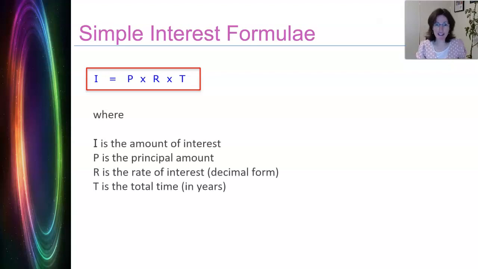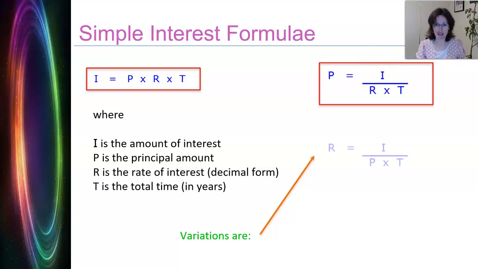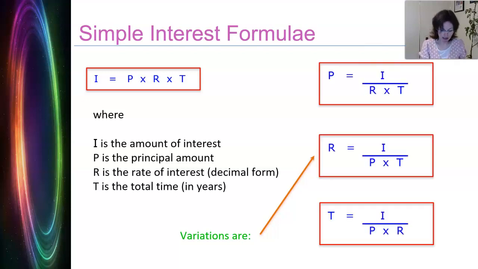So here are the formula, or formulae, the plural of formula. We don't say formulas. So I is equal to PRT, and they're all multiplied together. And what all of those values stand for is: I is the amount of interest that's going to be calculated, P is the principal amount, R is the rate of interest in decimal form, and T is the total